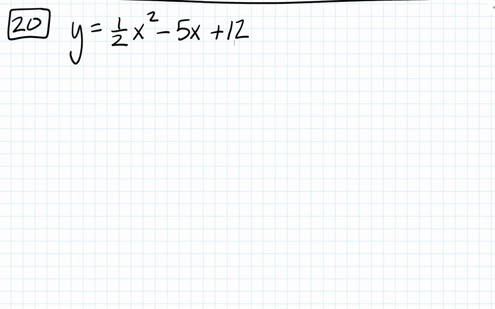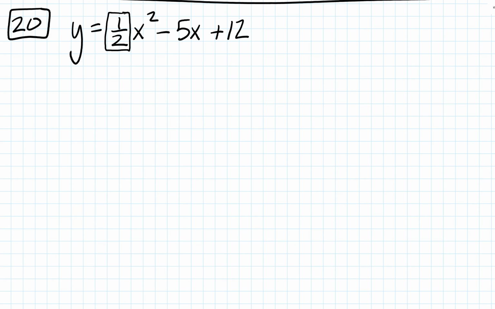Okay, number 20 says, write the function in vertex form, sketch the graph of the function, and label its vertex. Right now, we don't know where the vertex is because it's not in vertex form. So the way that we do this is we transform it into vertex form by completing the square. But before we do that, we have to make sure that the leading coefficient on our x squared term is